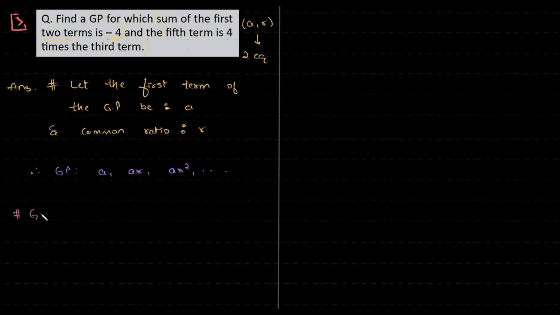So first thing first, what is it that we have been given? We'll directly go with the working. The first statement, the sum of the first two terms is -4, won't help us much. We'll go with the fifth term. The fifth term is 4 times the third term. This is given. So we have a_n, which is equal to a into r to the power of n minus 1. With this formula, when we substitute it over here, we have a into r to the power of 4, which is equal to 4 times of a